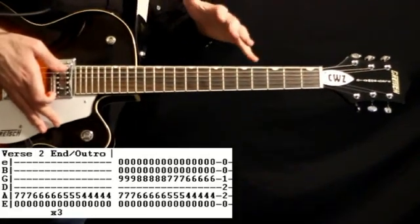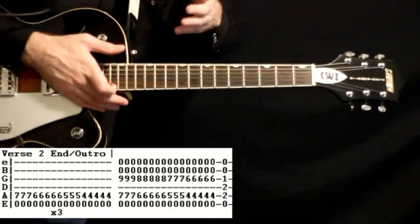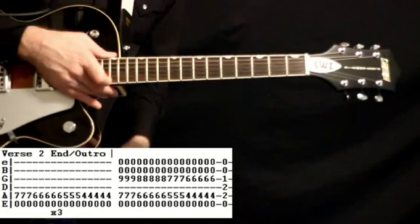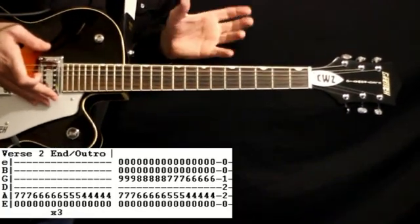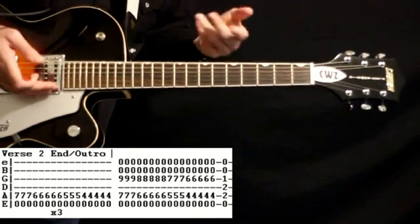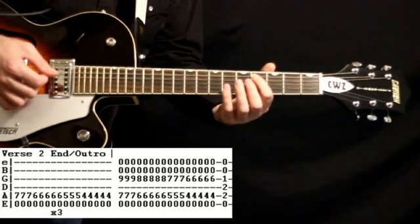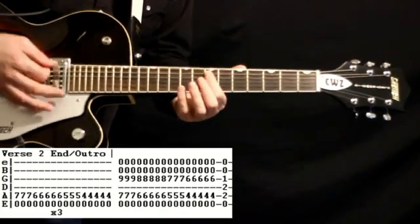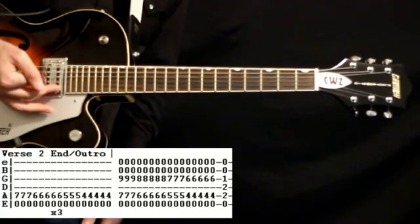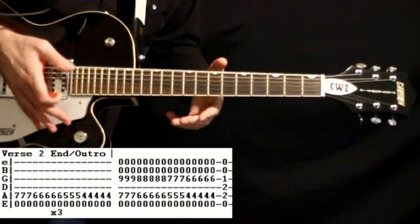There's a slight variation of the main verse riff that happens at the end of the second verse, and kind of like in that big outro that happens. This kind of just goes through until the fade out. And basically we're just going to take the first part of the verse, the scaling chromatic down section, and just repeat that. Okay, now we just come right back and do it again. And we just cruise through that 3 times,